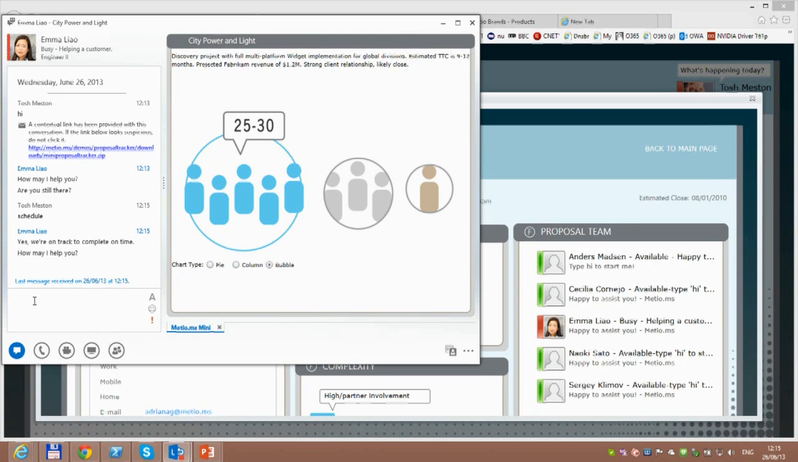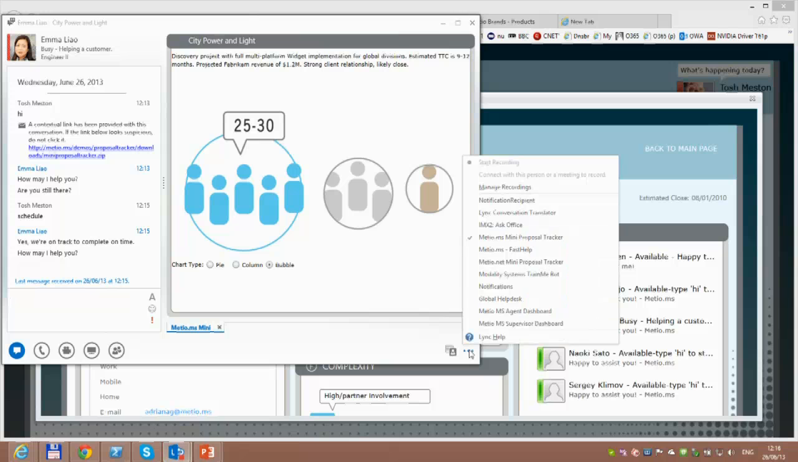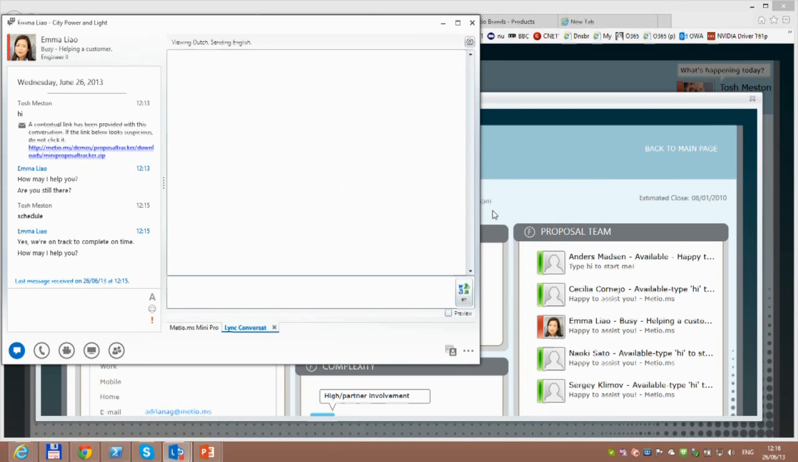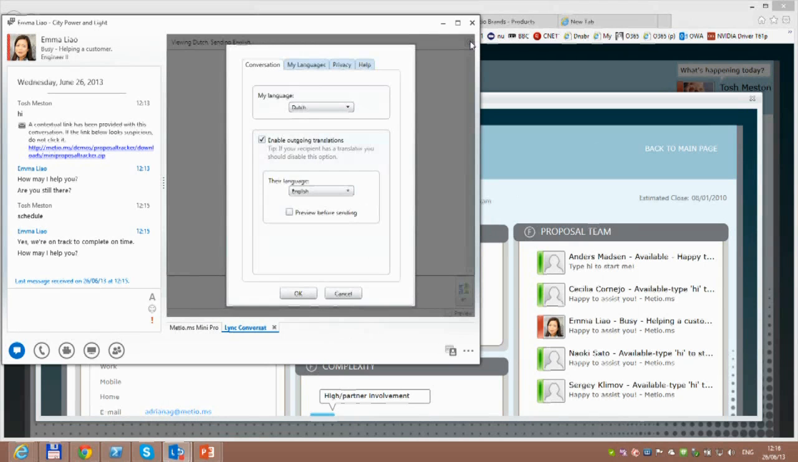Now, this was a very simple transmission of the word schedule. But for example, I'm a Dutch-speaking person, right? I come from the Netherlands. If I were to speak Dutch and Emma were still to speak English, you can actually build in this conversation window other extensions. And one of those extensions that we have is, for example, a conversation translator. Would be nice if it loads. Yep. And in the conversation translator, I can configure which language I'm speaking, Dutch, and which language the recipient is